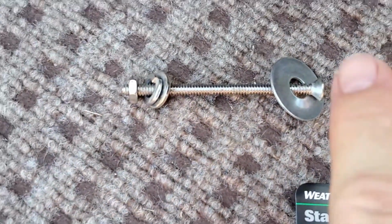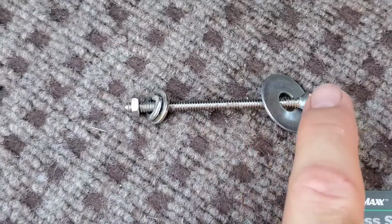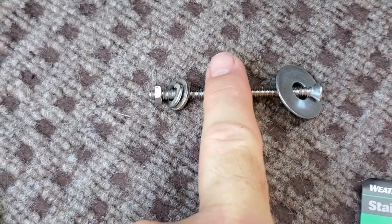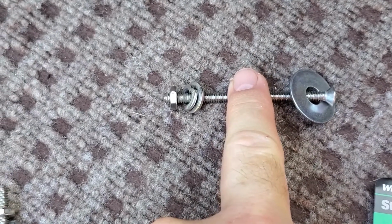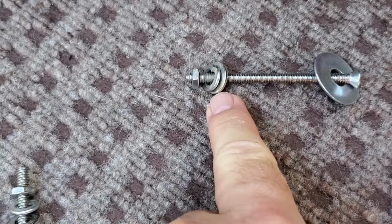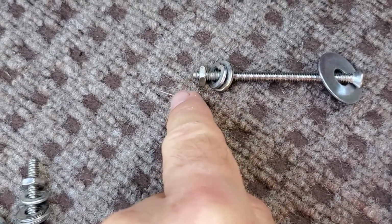Okay, so the sequence is that we have this machine bolt that's 3 inches long. We have the big washer at the head so it doesn't pull through the plate. Then we have the skimmer and the plate in the middle here. And then over to the left we have a smaller washer, a lock washer, and of course the nut that